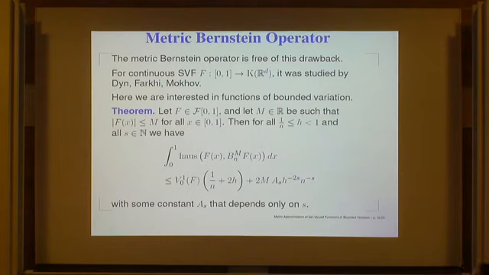So we measure the distance in the following way. For each x, we measure the Hausdorff distance between f of x, the original function, and the Bernstein polynomial here. And then we integrate it from 0 to 1. With continuous functions, we could work with the supremum norm, the maximum. Since here we cannot,